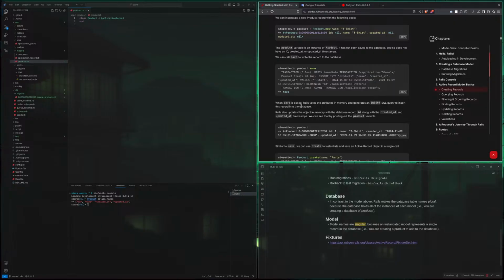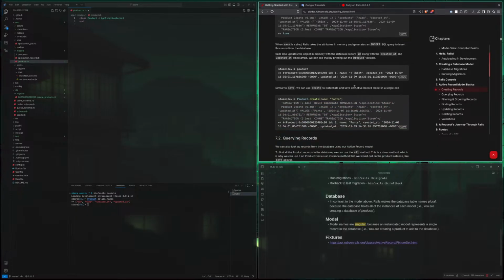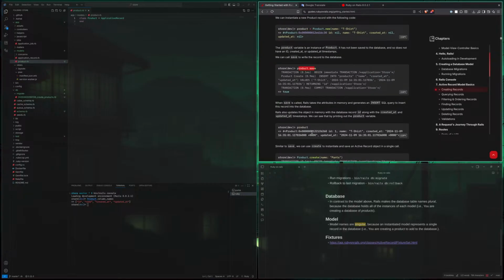Rails also updates the object in memory with the database record ID. So when you save, it returns the object with the correct data then. Okay, this is pretty cool.